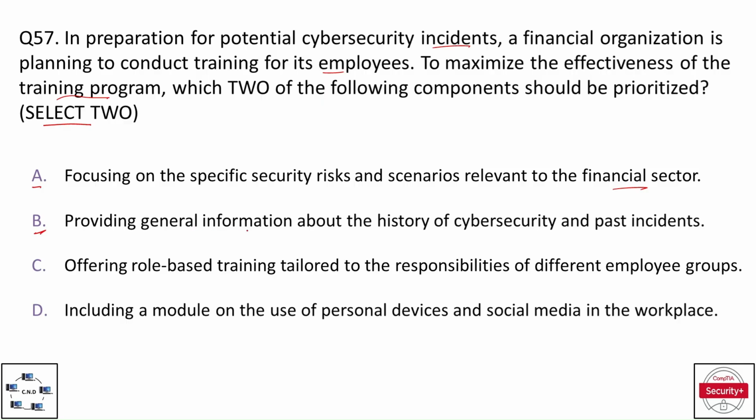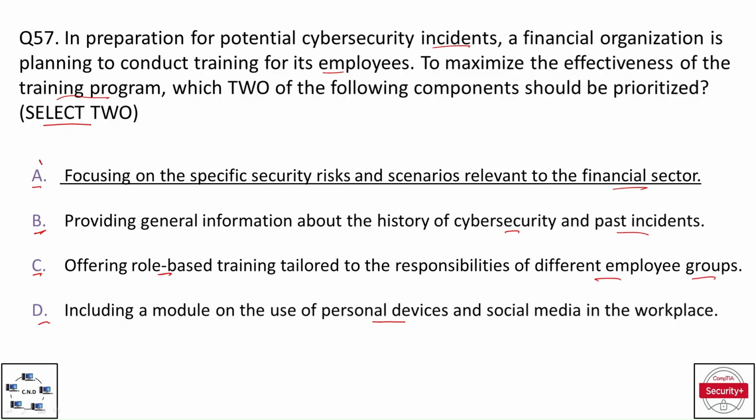Option B, providing general information about the history of cybersecurity and past incidents. Option C, offering role based training tailored to the responsibilities of different employee groups. And option D, including a module on the use of personal devices and social media in the workplace. The correct options are